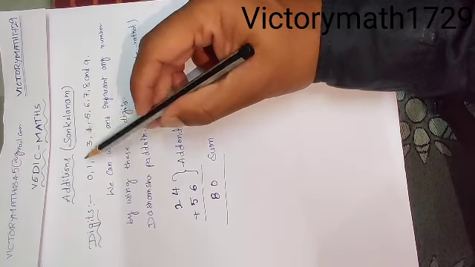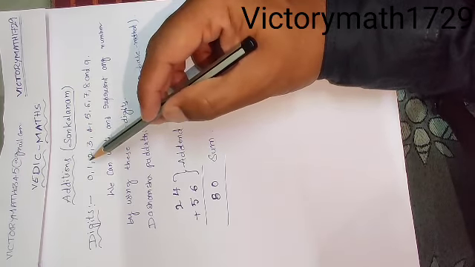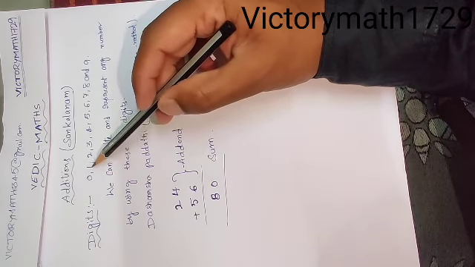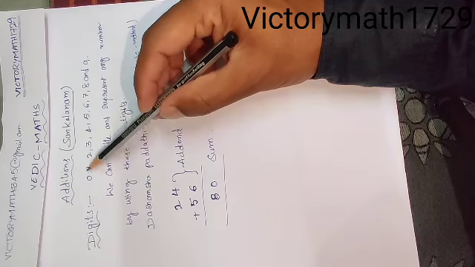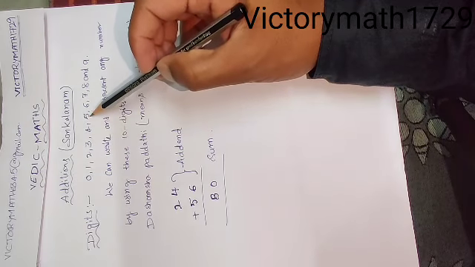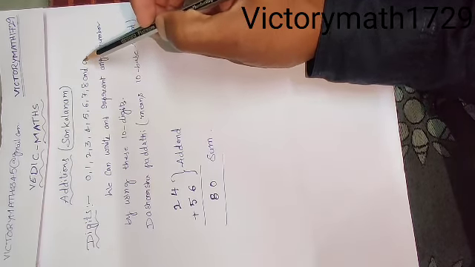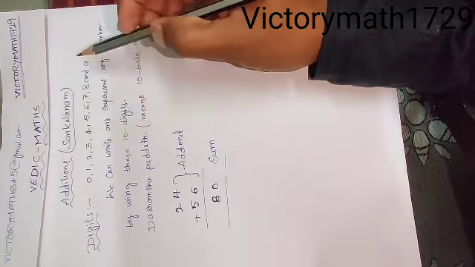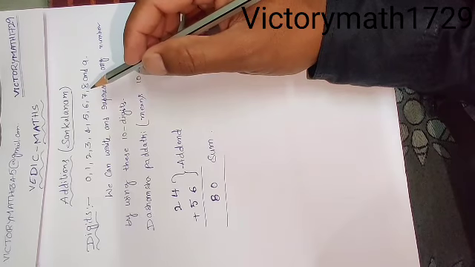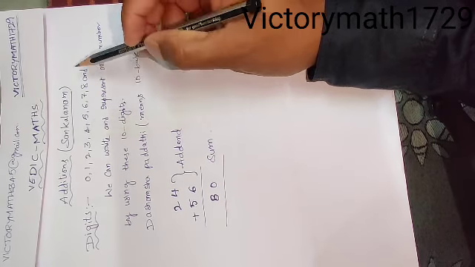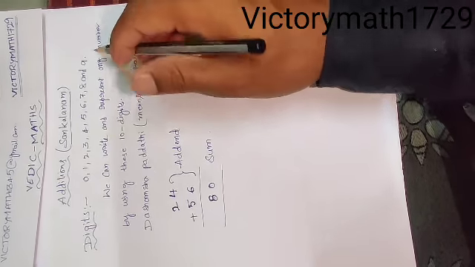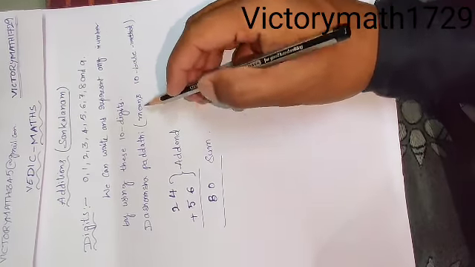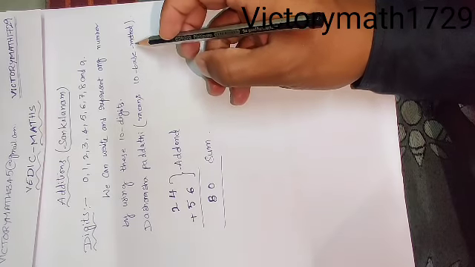So before going into additions, we need to know the digits and basics of mathematics. We have 10 digits, that is 0, 1, 2, 3, 4, 5, 6, 7, 8 and 9. By using these 10 digits only, we can write any number, even the very largest. And here is Dashamsha Paddhati in Vedic Maths, which means the 10 base method.